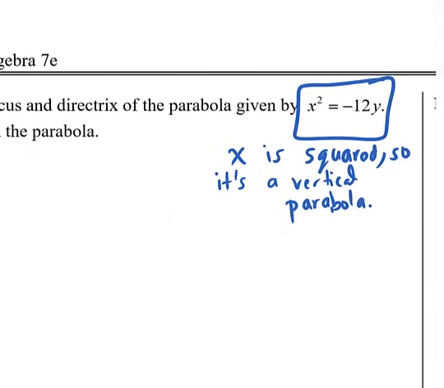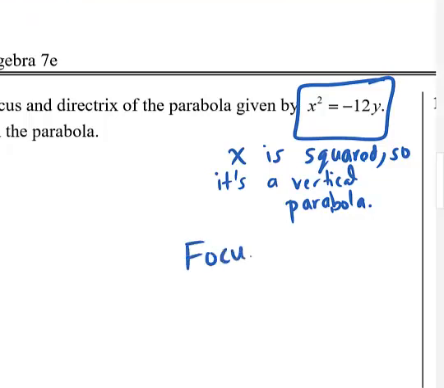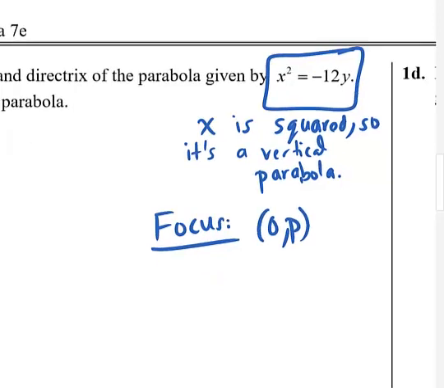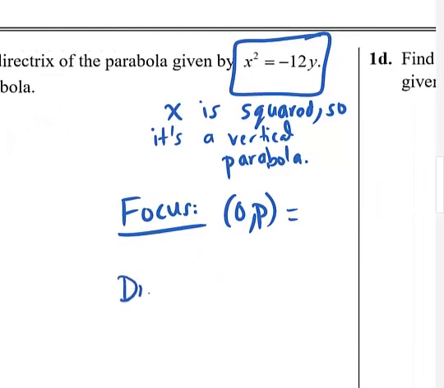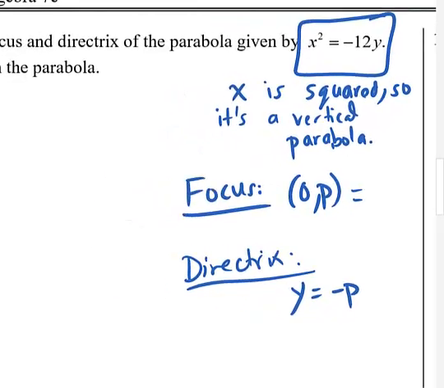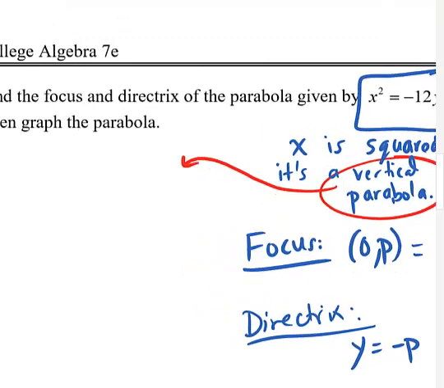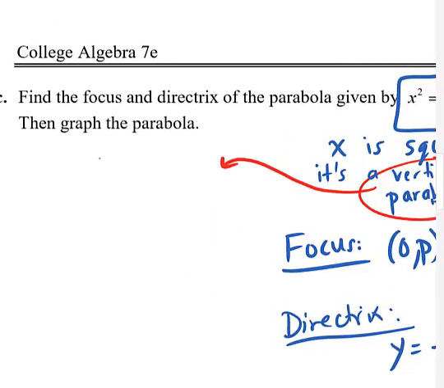Alright, that means that the focus and directrix, they're similar but they're a little different. The focus, instead of being the point p comma 0, it'll be 0 comma p. We'll figure that out. And then the directrix, instead of being the line x equals negative p, it's y equals negative p. Because it should be now a horizontal line instead of a vertical line. But p should be found in a similar way. So to find p, very similar to the previous two,